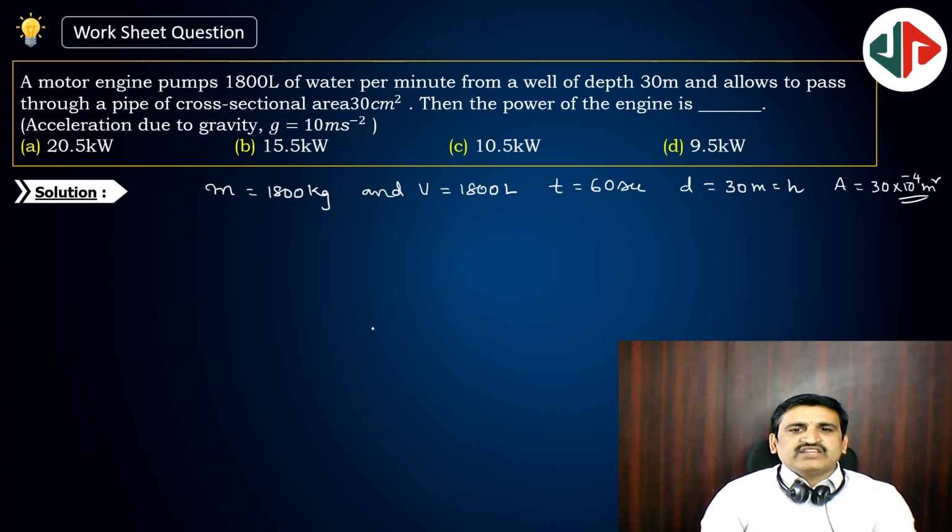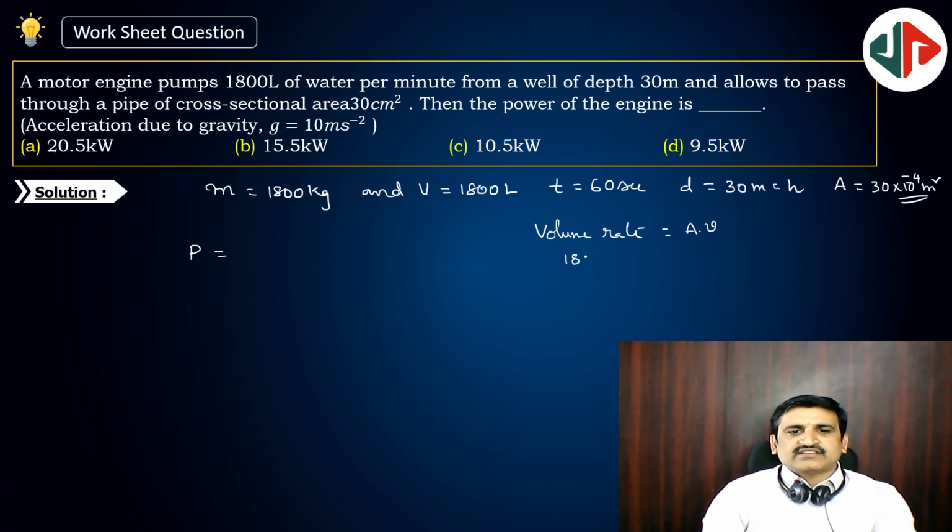The power of the engine, power P is equal to, it is just lifting water per minute from a well of depth 30 meter and allows it to pass through a cross-section area of 30 centimeter square. So that means it will have some velocity also. That also we need to observe. So volume rate is equal to cross-section area into velocity. Volume rate is